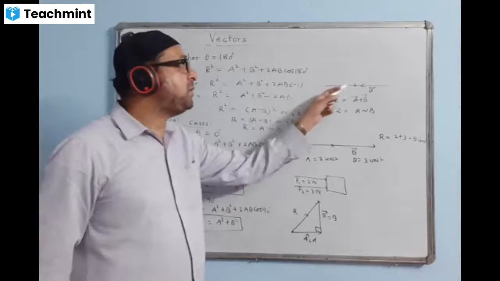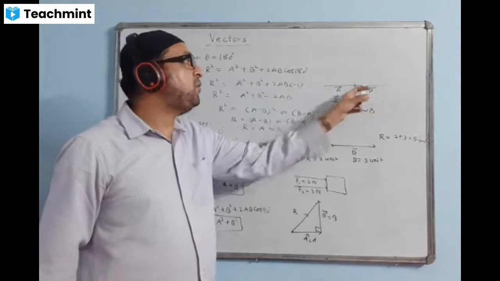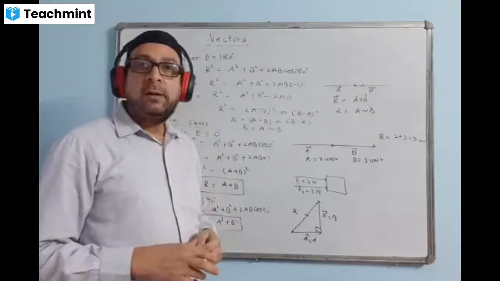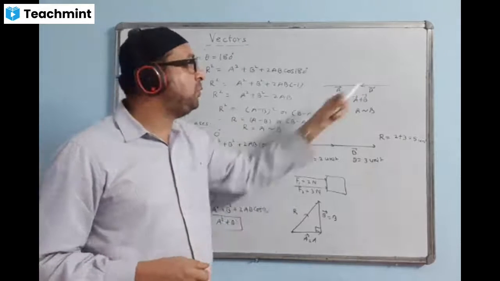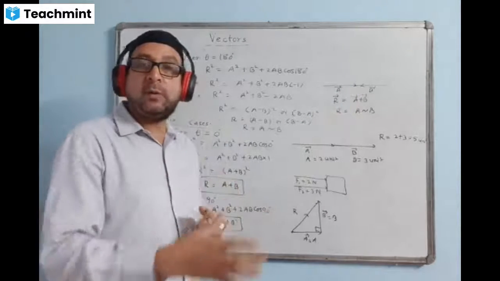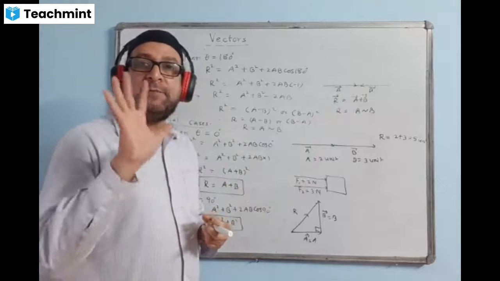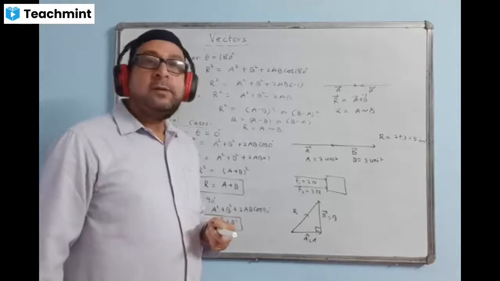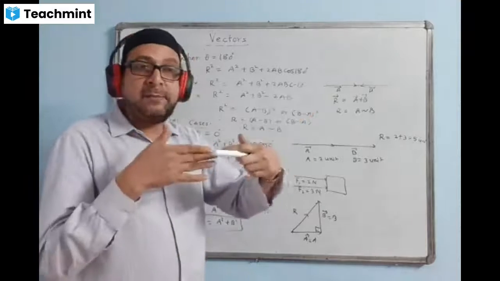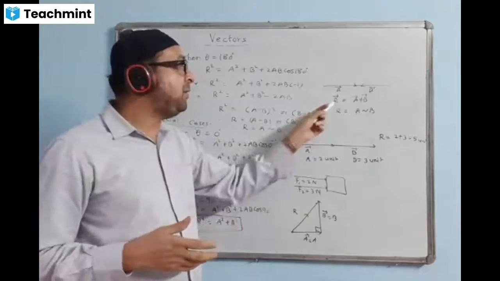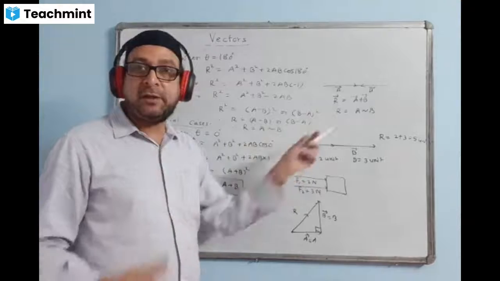Suppose on this side we are giving a force of 7 Newton, and on this side the force given is 2 Newton. What is the total force given? 7 minus 2 will do, bigger minus smaller. 7 minus 2, the answer will come 5 Newton. Though we are finding the addition, because of the opposite direction we have to subtract them. Then you will get the total resultant. The resultant of their addition becomes subtraction in this case.